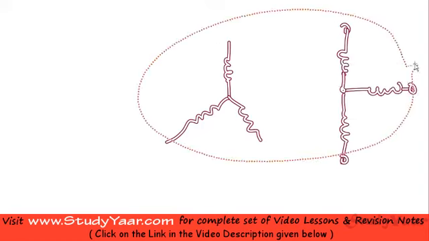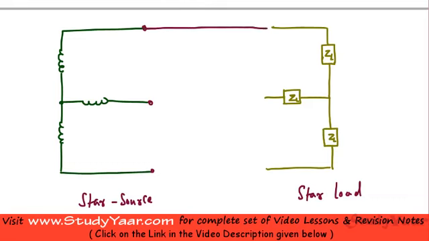So I'll just delete this and I'll show you a star source over here. This is my star source and these are my transmission lines. Over here I have a load which is also connected in a star network. So basically this is a star source and what I have is a star load. Your transmission lines are coming like this and you simply connect your load like this. So that's your star network and we are going to analyze it.